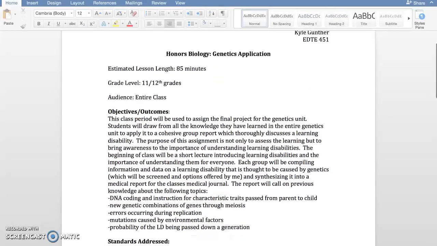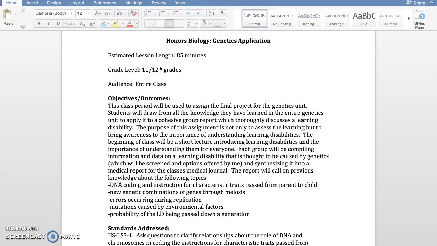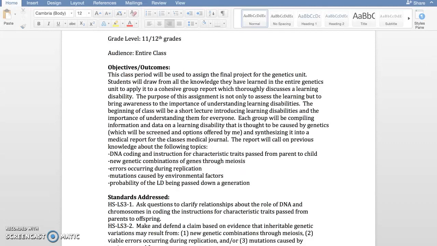Over the past couple weeks, students have been learning all different things about genetics. A couple examples are new genetic combinations of genes through meiosis, errors occurring during replication, and mutations caused by environmental factors. For this end of the unit project, I've decided to assign group projects where they'll be writing a medical report, and the topic will be a learning disability of their choice, which